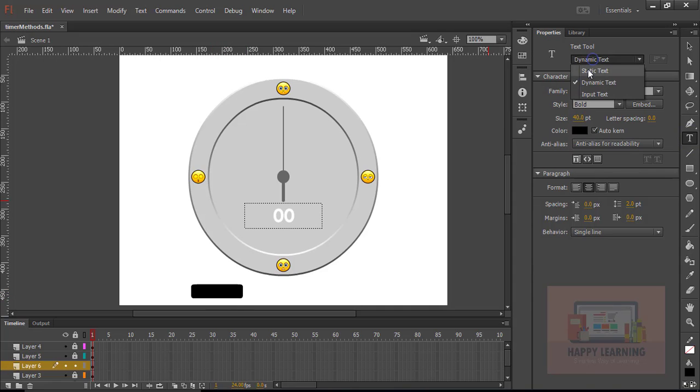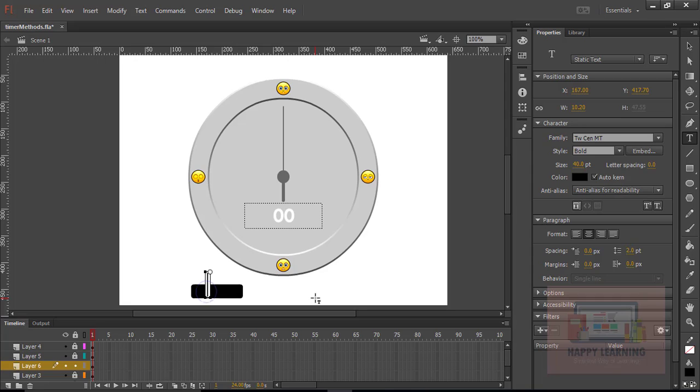We need to choose a static text. Let's change the font color to white and type Start as a label, and just adjust the size. Select both the things